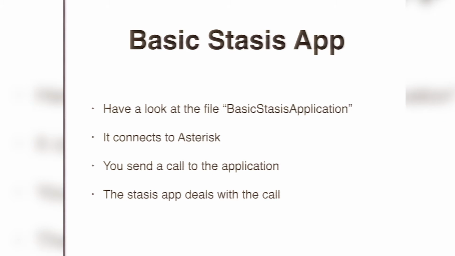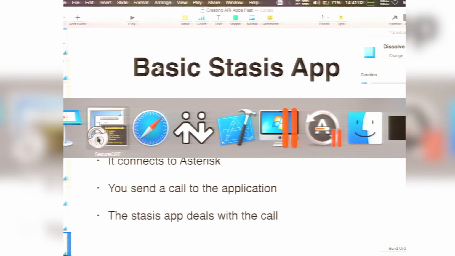So one of the other speeches the other day was about the idea of replacing voicemail with a Stasis app. So you're sending someone into a Stasis app. As soon as it comes in, you get full control of that call. With the standard voicemail app, you have to be based on their IVR. You can't decide that 7 now does this and the tree goes differently. You have to follow the method that they've already done. But with Stasis, you can create an app that does all that really simply. Okay, so